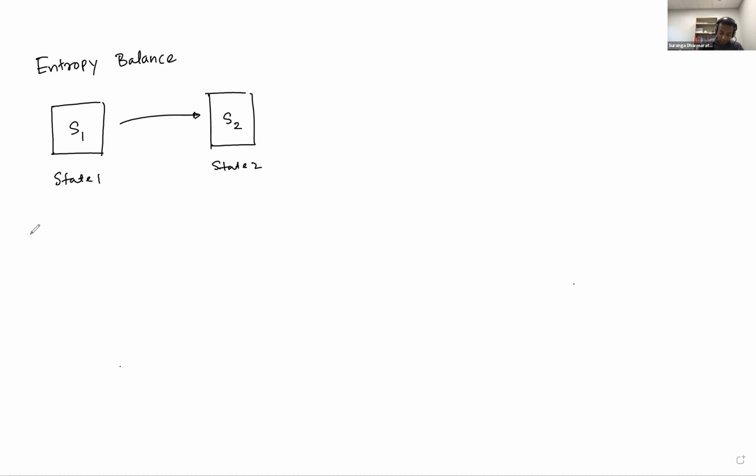So basically, we can write the balance equation by considering a system. Let's say you have a system at state one, and then during the process the system goes to state two. If I take the entropy at state one as S1 and the entropy at state two as S2, I can say that the total entropy